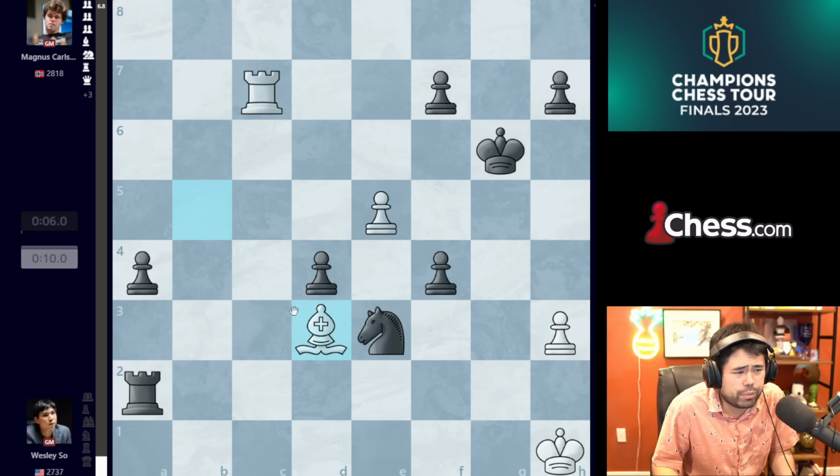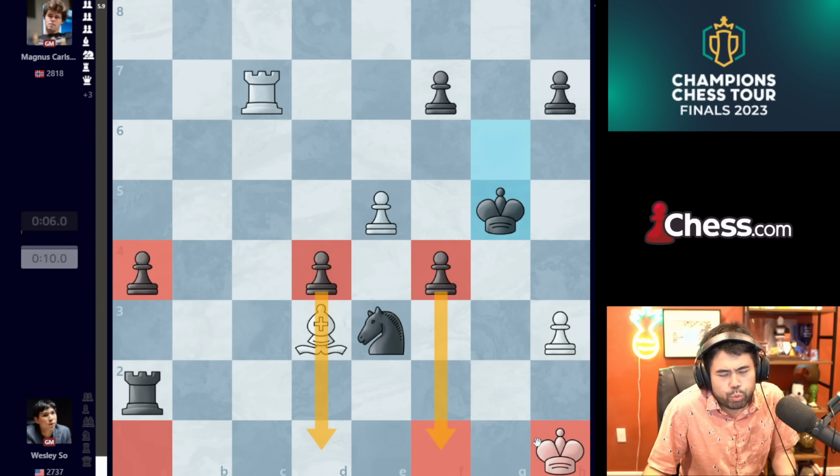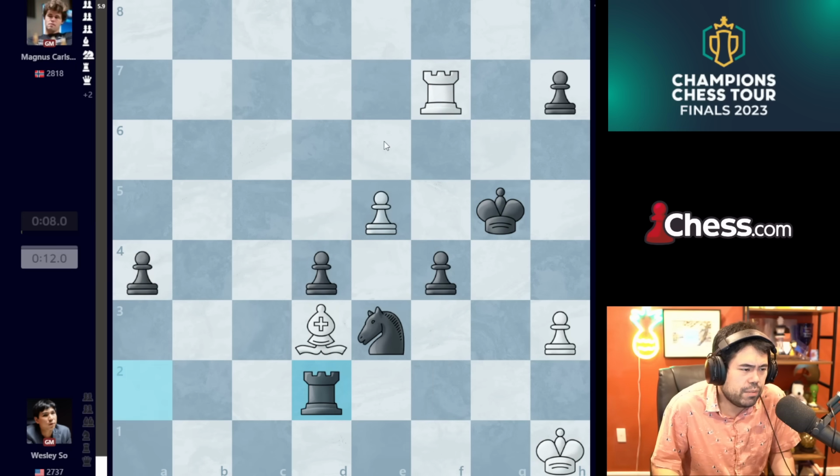that even after white plays bishop d3, you can simply go king g5, ignoring this pawn on f7, because you have 1, 2, 3 wide peepos pushing up the board here. Combined with white's passive king and only one e-pawn, it's just not enough. We get rook takes f7, rook d2,